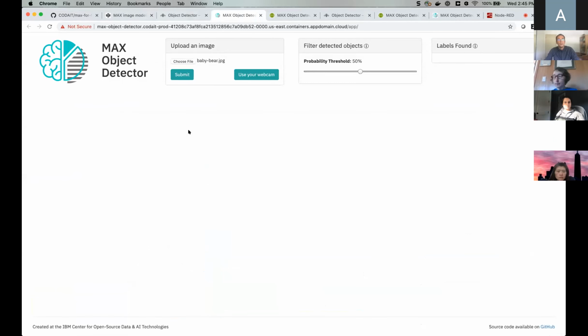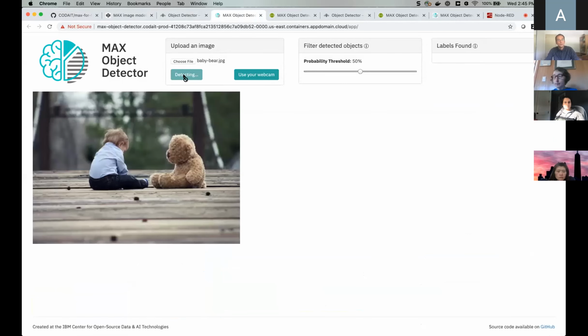So let me choose the baby bear this time. I'm going to click submit. This web application is now sending a request to my service. The service is coming back with a response that one object is a person, the other one is a teddy bear with a location. And if we now look at the labels here, we can see, okay, there are two classes found in this image.